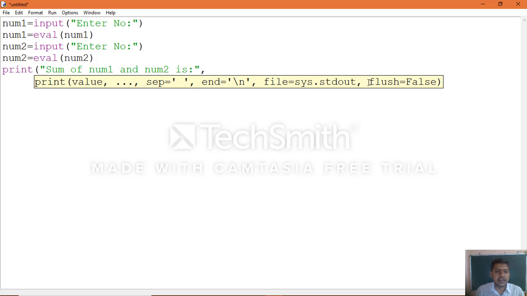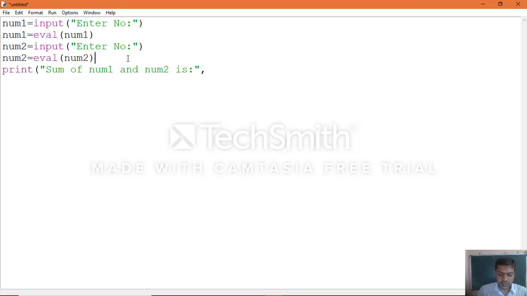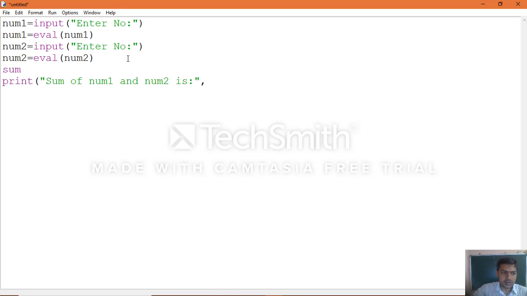We didn't calculate it here, right? So just put it here: sum = num1 + num2. Now, sum of num1 and num2 is, so the sum variable which we have taken. In the same way, product = num1 multiplied with num2. So we made a mistake here.